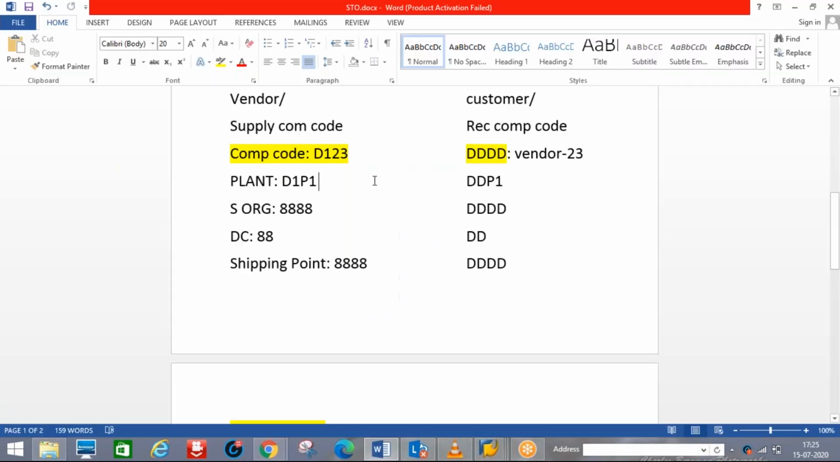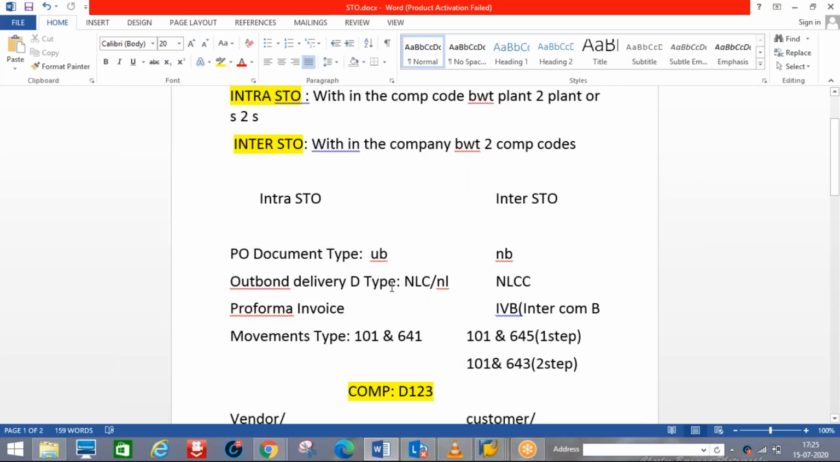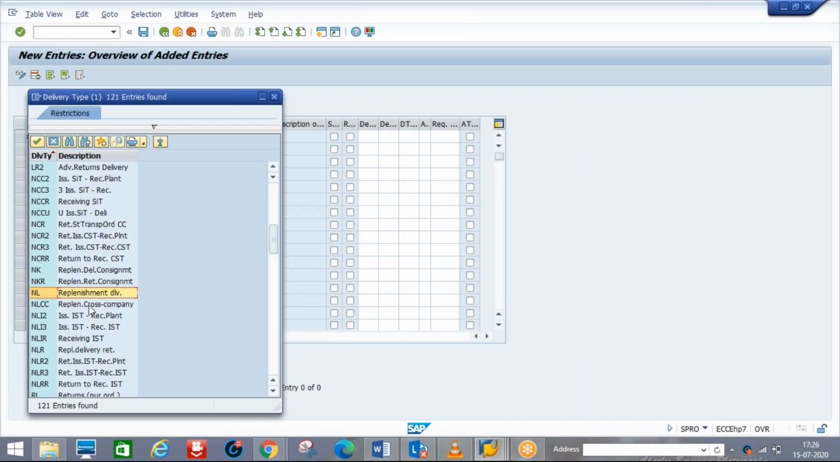See here, the document type is NL. This is outbound delivery. In case you're doing intra, then UB and NL. Here we're doing stock transfer between two company codes, so document types NB and NLCC. That is what we enter here. So NLCC,